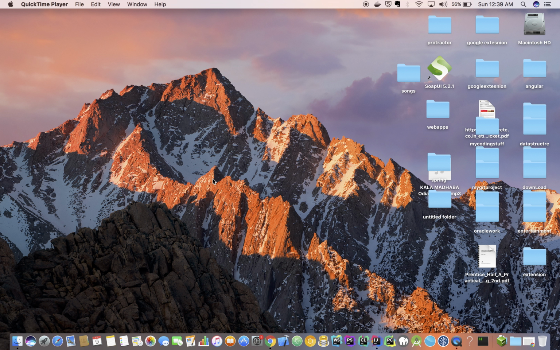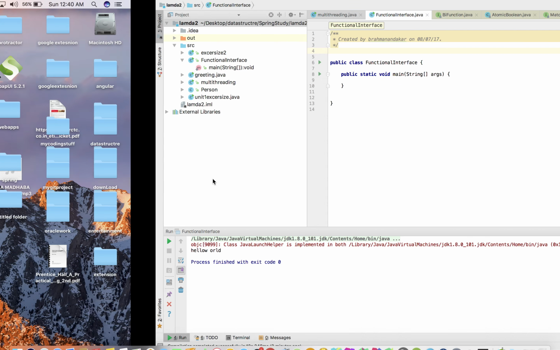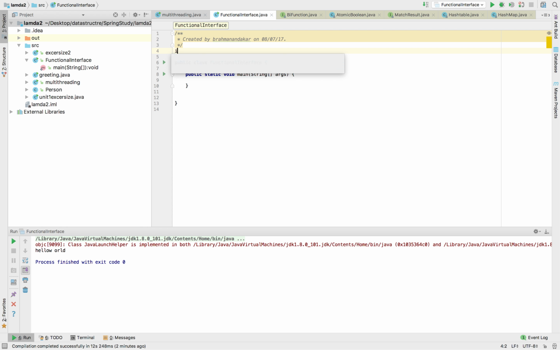This is Brahmanankar. Today we're going to discuss functional interface. A functional interface allows you to assign a method to a value. What I mean is, let's create an interface Inf